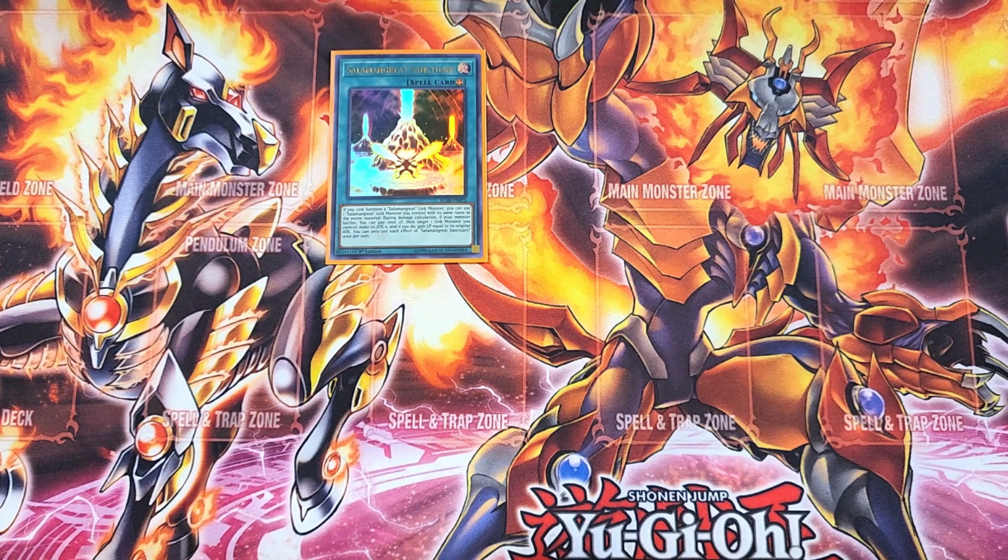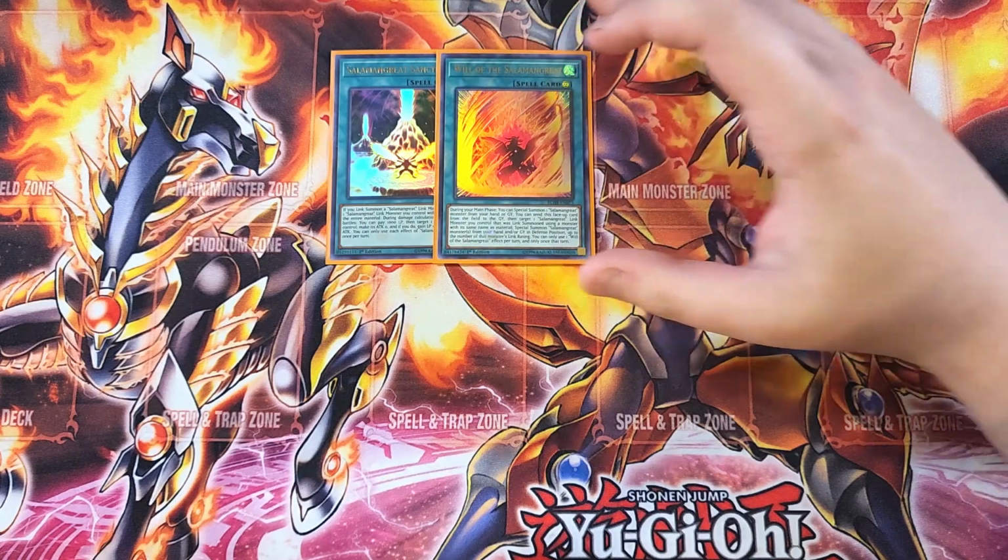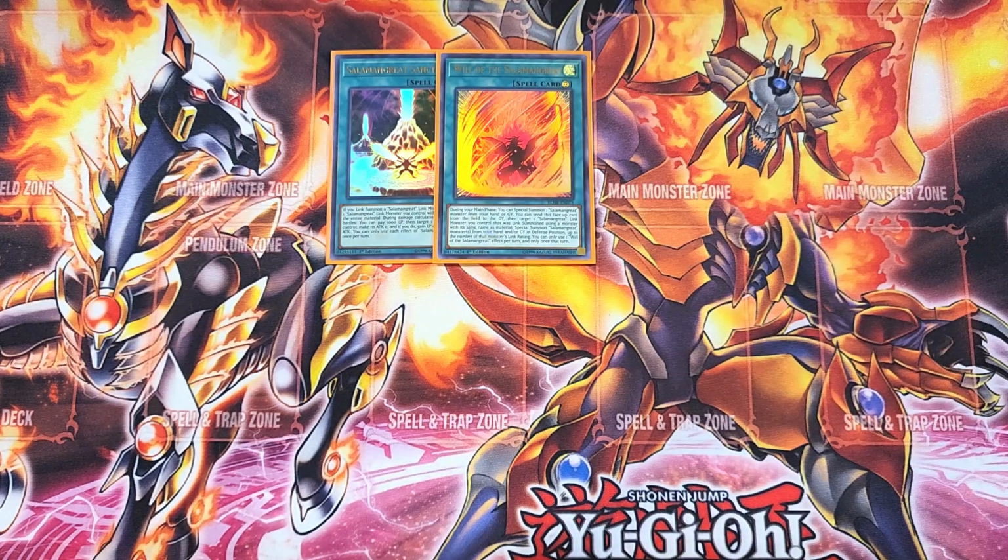We then play a single copy of Will of the Salamangreat. I have cut this card down to 1 in this build, but this card is great because during their main phase, you can special summon a Salamangreat monster from your hand or grave, which is a great ability. And then this card is basically like Soul Charge, which is insane because you can target a Salamangreat monster that was link summoned using a monster with the same name as a material, which you do that with Raging Phoenix,